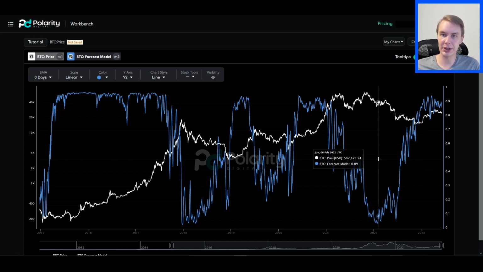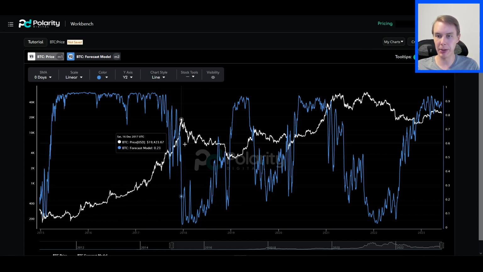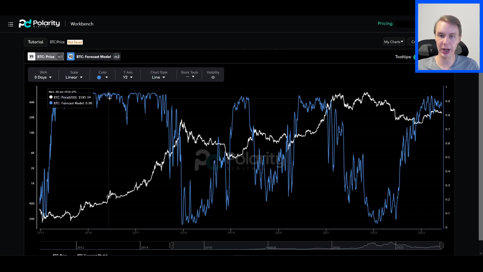The reason why I think this allows you to think like a whale is for a couple different reasons. The first is that when it comes to markets, the way the smart money thinks about assets or investments or allocation is not black and white. It doesn't say, all right, now's the time to go all in or all out of an asset, to go max long or max short. It's in terms of probabilities: how likely is this asset to be up or down some amount of time in the future? In this case, for the model, we're looking at 6 months. Based on that probability, that can help inform a decision. If the probability is extremely high, it becomes a lot easier to think that taking on a position in that asset makes sense, if you have a very high probability of upside not too long in the future.